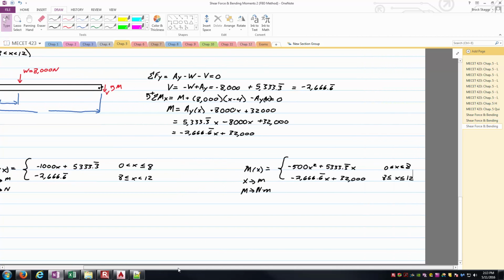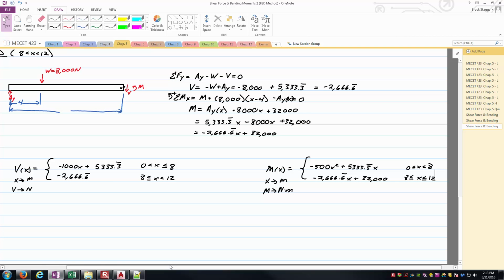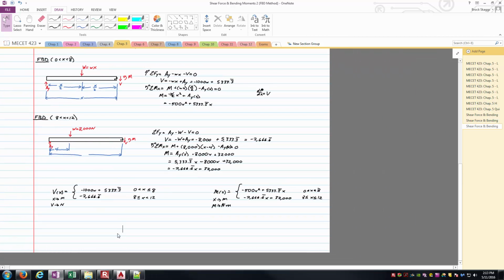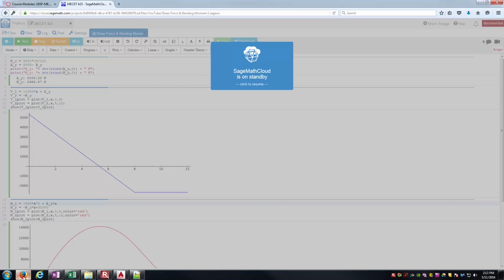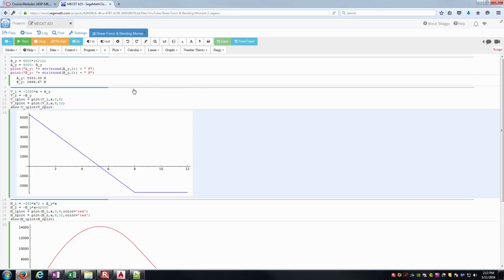So at this point, I believe we have our expressions for the internal shear force and the internal bending moment here. And so just taking a brief moment to check the notes. And yes, everything is looking good at this point. One thing that is somewhat lacking in this is, hey, how do you draw the diagrams now? You basically could sketch it out if you wanted to, or the nice thing about this is we've got the equations, so you could just plug it into a computer algebra system like I'm doing here with